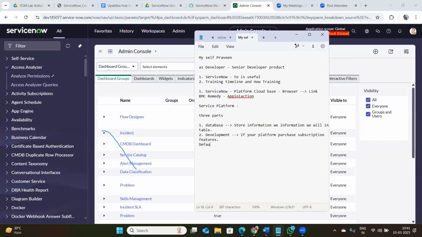It has some default applications which come with the subscription. Again, I told you, right? Subscription. And in a normal environment, like in companies,